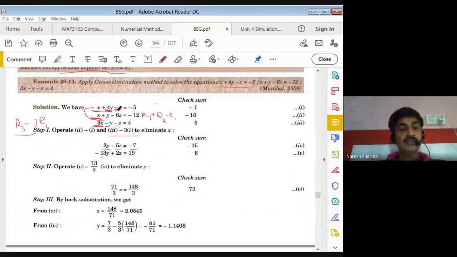So minus 1 and plus 3 is your plus 2. It looks a little tough to me, so I prefer to multiply this by minus 3. Multiply this by minus 3, you get 3, and add in this, that is your minus 1, that is plus 2z, right? Similarly here, multiply this by minus 3 is your 15, plus 4 is 19.